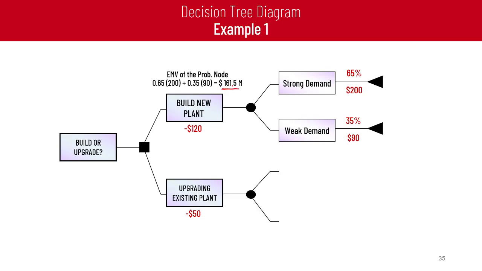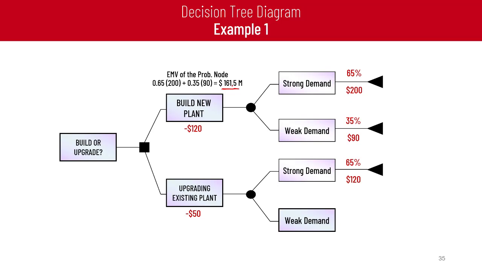For the other option, we have two other chances: the market has strong demand or weak demand. For the first case, 65% strong demand will lead to a profit of 120 million. The weak demand, 35%, will lead to a profit of 60 million. If we calculate the expected monetary value for the chance node, we get $99 million